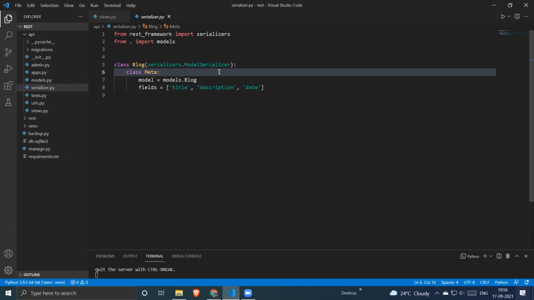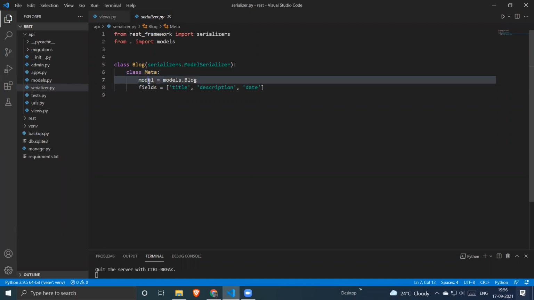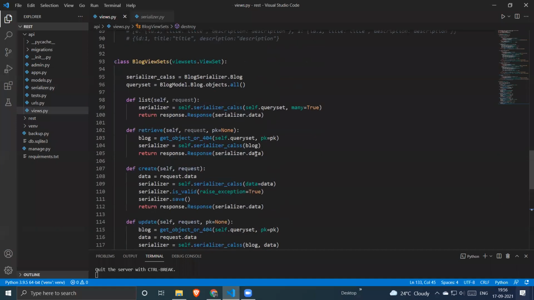Okay, right. So we have to define a model name within the meta class. Then we have to define the field names. If you have multiple fields, you can define them in your fields list, and then you have to pass your model name in the model variable. So this is how we define the model serializers.